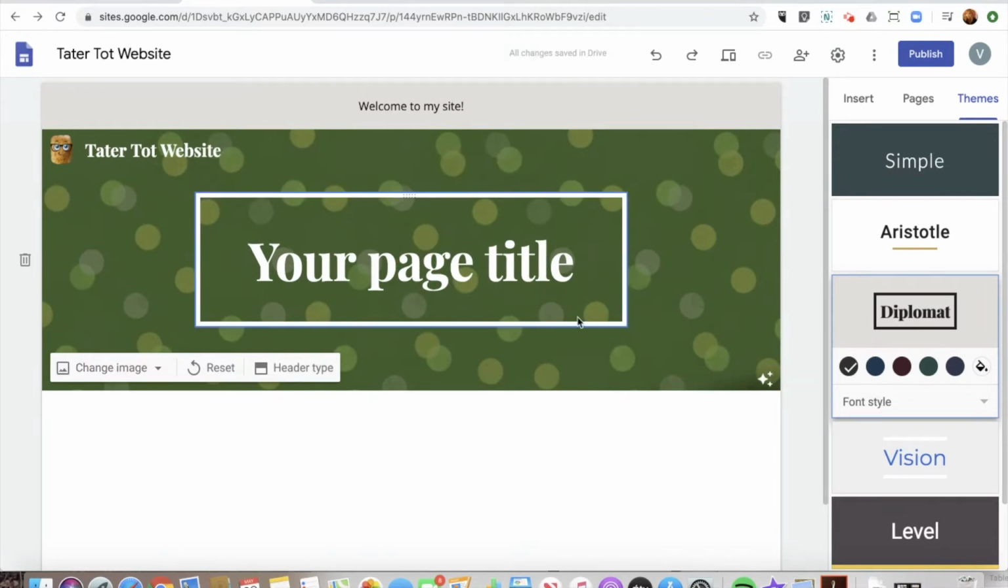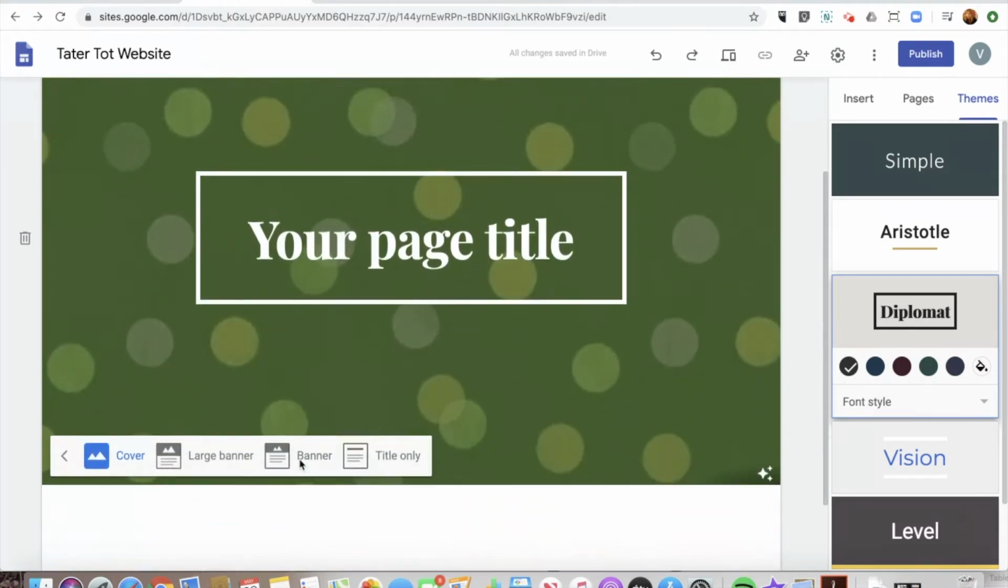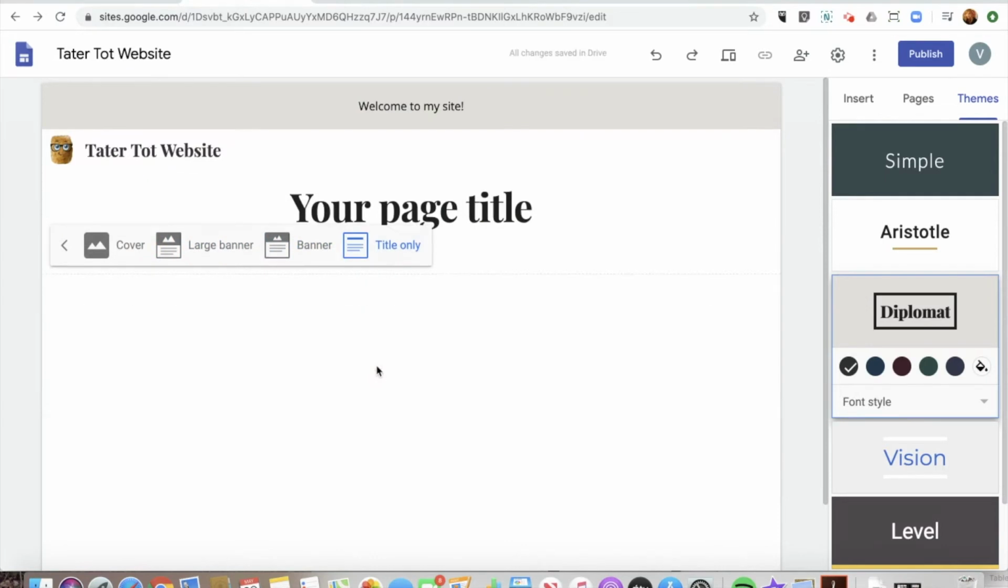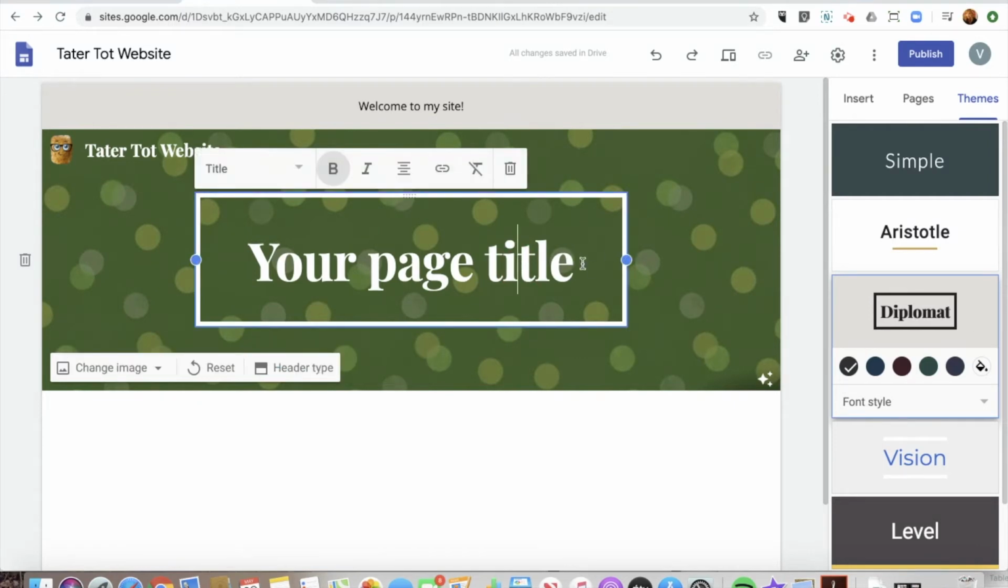And Google is going to give you a few options of how the real estate can be configured in layout. It can be more of a cover header, a large banner, or just a title. You can remove the image altogether and just have some copy at the top. And if I want to update the font that's in this area, I click on this and it brings up